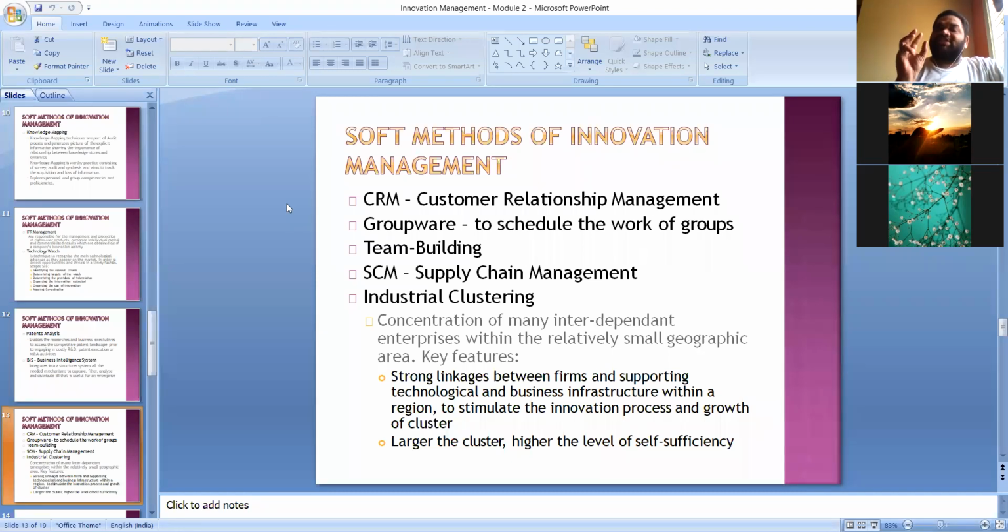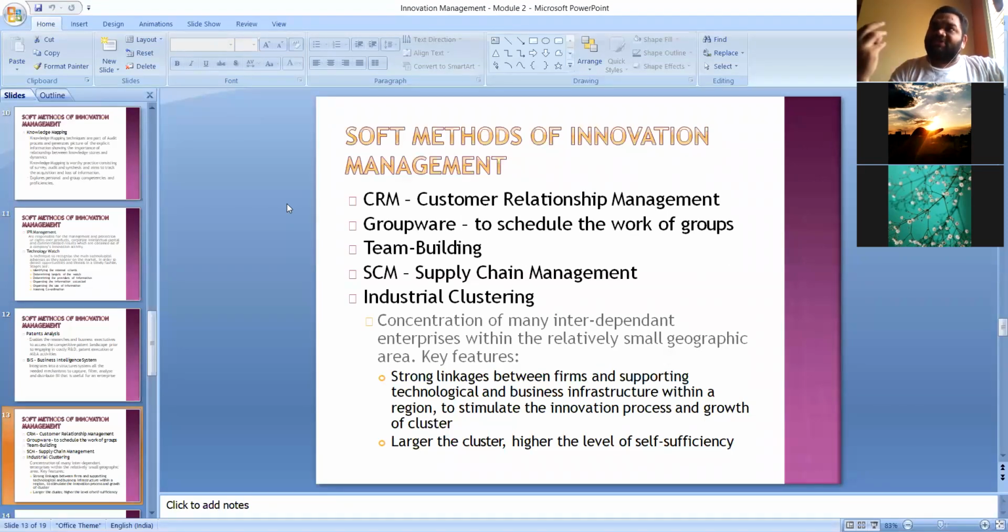Now what customer relationship management is here is a tool or a method, something innovative, for giving a good service to the customer. How are we going to provide a good service to the customer? You went to the bank and just opened a current account. The data will not stop just at the current account. Customer relationship management is going to manage the relationship between the bank and the customer. Whatever new products the bank is going to introduce, whatever useful information the bank has,